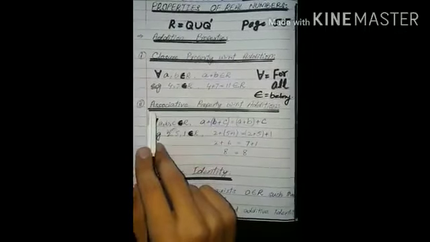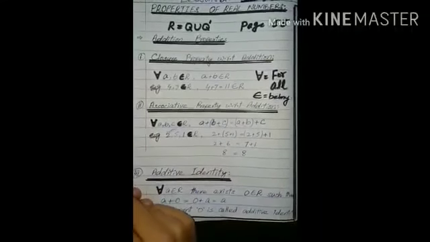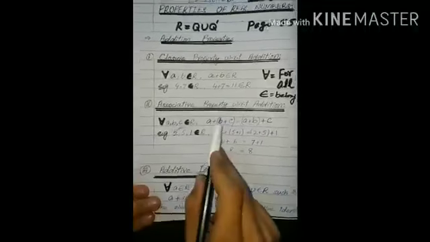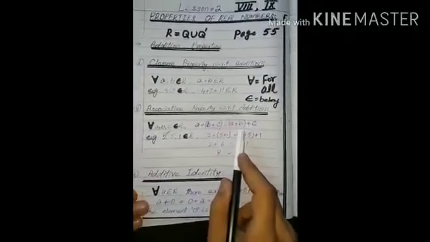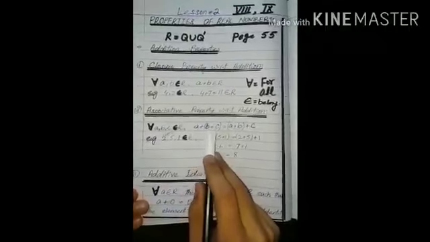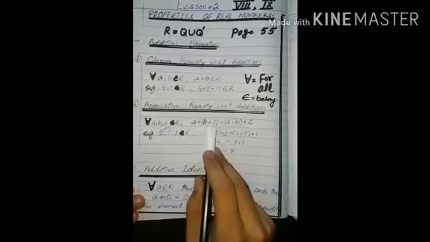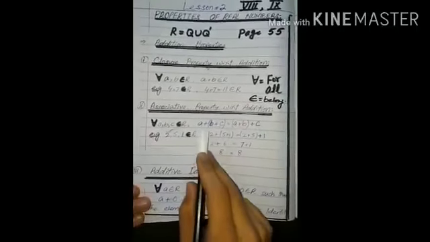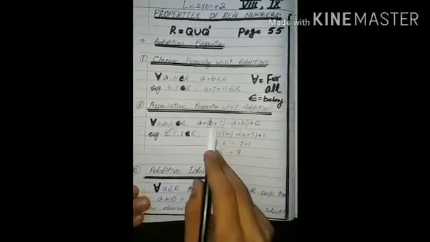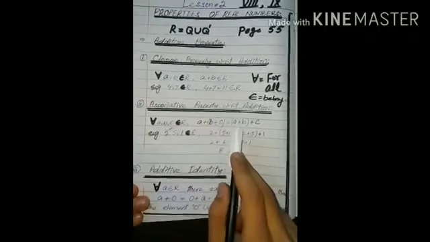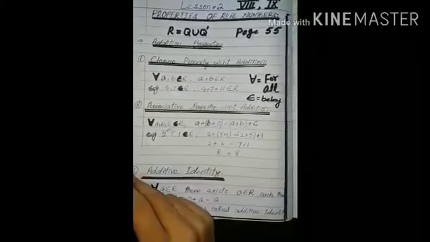Now the next property is the associative property with respect to addition. In this property the left side equals the right side regardless of the groups. If we look at both sides of the equation, the order of the elements is the same: (a + b) + c equals a + (b + c). But on one side we have a group of the first two elements, while on the other side we have a group of the last two elements. So this is called the associative property.